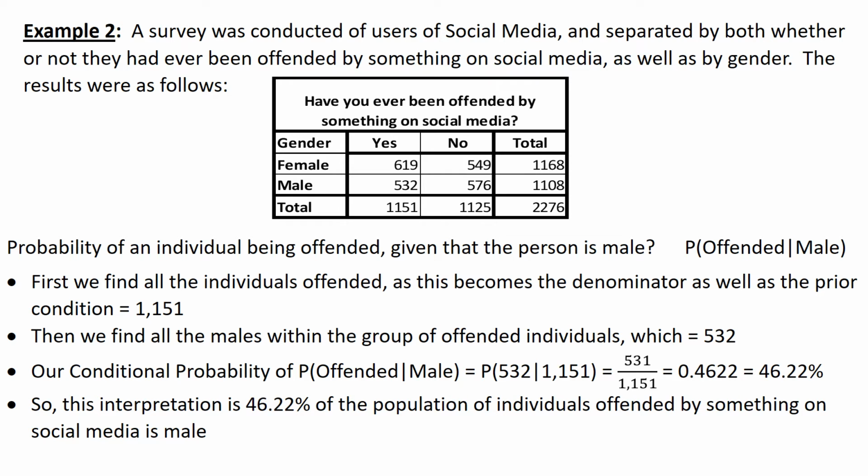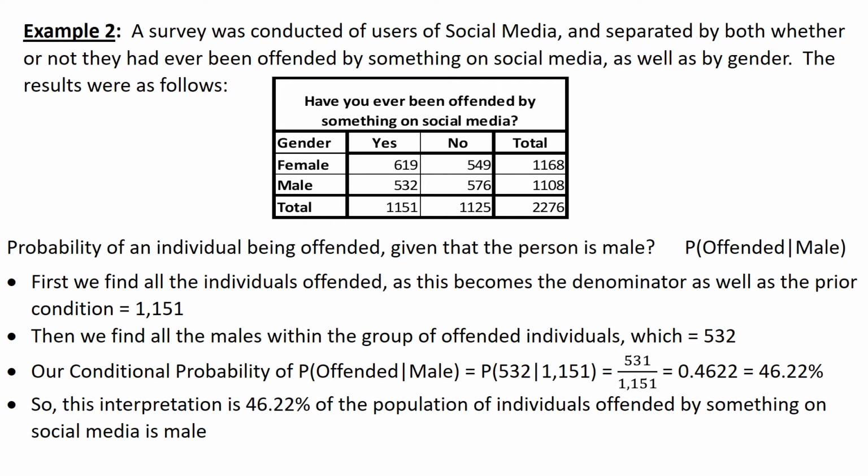Another example, and this is more often what you'll see, is a survey given various parameters. I have a survey right here, and it's looking at 2 different sets of questions. The overall question is, have you ever been offended by something on social media? One set is yes or no. The other set is the gender, male and female. And we have subsets where you were offended, with different responses based on female, yes or no, and male,